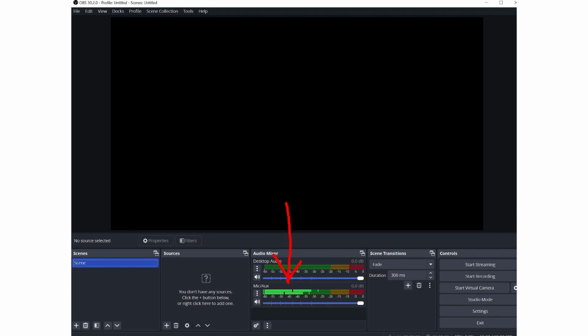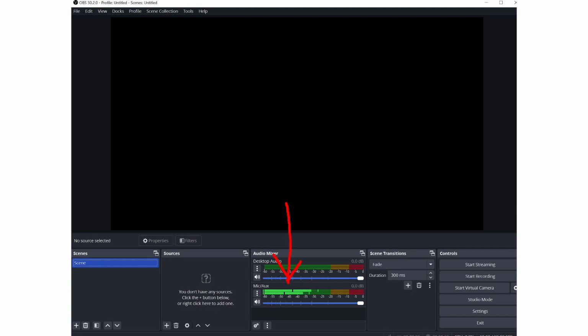You're going to notice that those green mic aux are going to be already active. It's already recording your voice. If it's not, go ahead and click on the three dots on the left and find the correct thing. It should already default to listening to your microphone. If it's not, then you'll have to click on those three dots, find it and activate it on your computer. So as long as those green bars are going as you talk, we're good to go